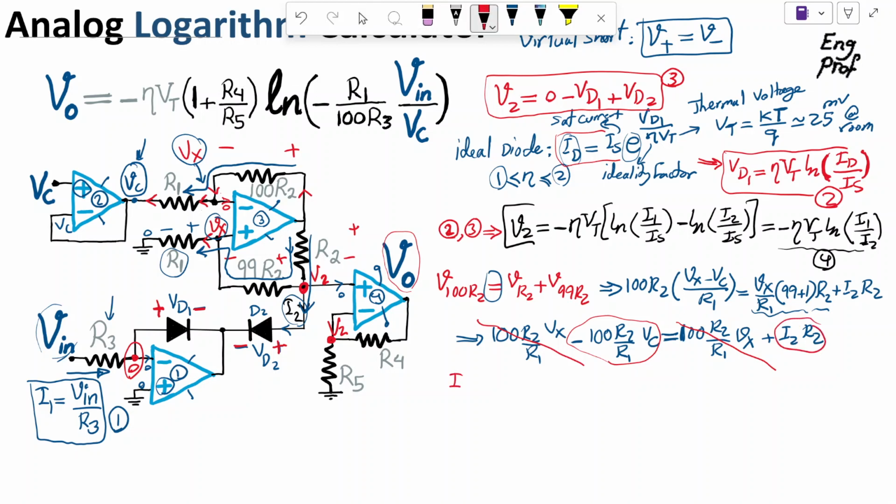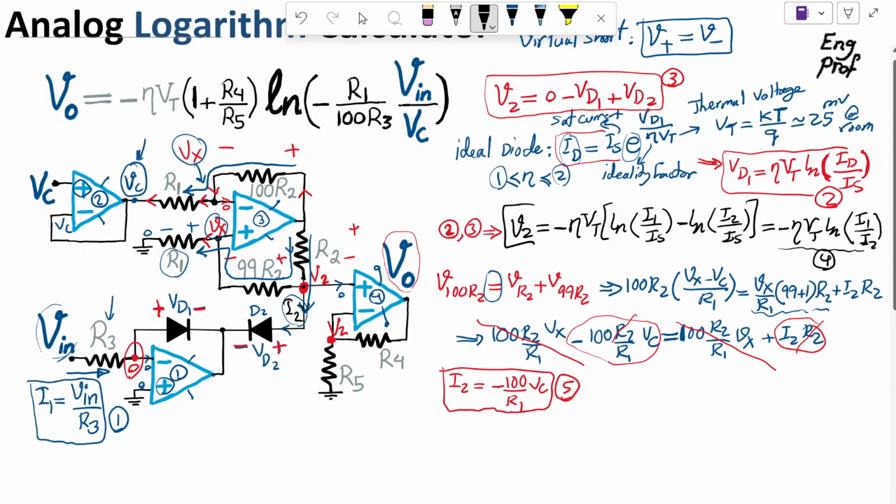So I2 R2 equal to that. Therefore, I can say I2 is simply minus 100, and R2 you can just remove from both sides, so it becomes minus 100 over R1 Vc. That's very nice. That is super interesting. So I'm going to name this equation 5. And we're almost done, because